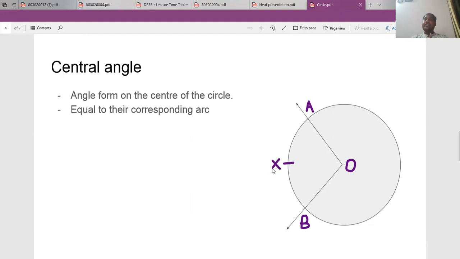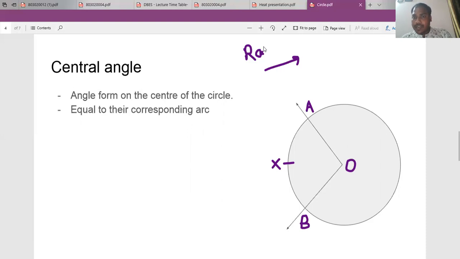Okay, so you all can see this diagram, you all will get the idea. Before that, we will understand what the meaning of the central angle actually is. So you can see OA, or AO. OA is looking like an arrow, and this one is known as a ray. We are saying this one is a ray, right?